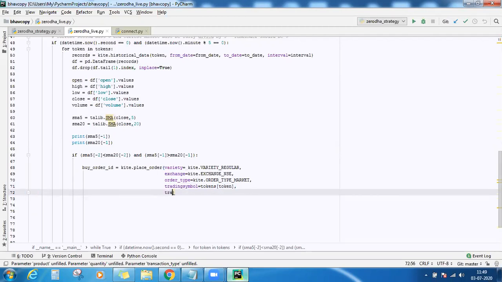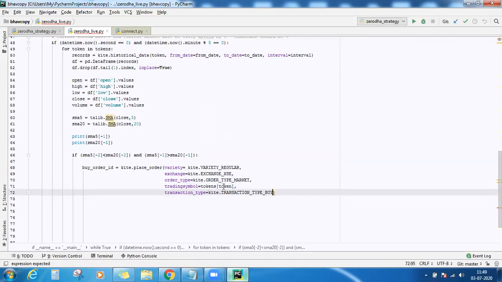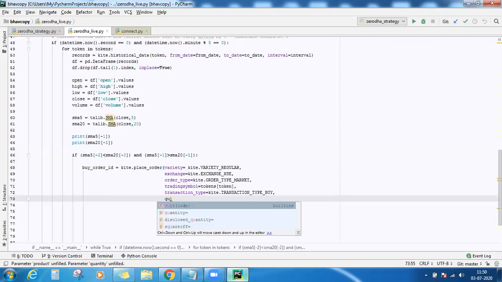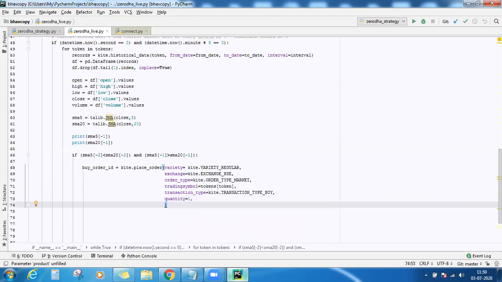Then the transaction type, either you want to buy or you want to sell. Since it is a crossover, I want to buy. What is the quantity? Instead of fixing it here itself, you can maintain one more variable and pass the same variable here. Right now for the example purpose, I'm just using 1.